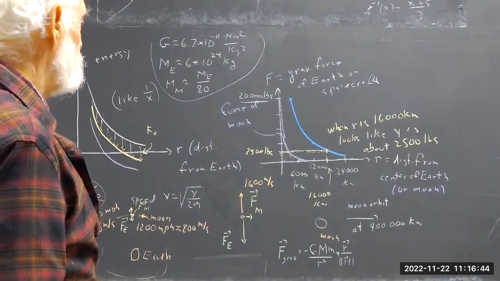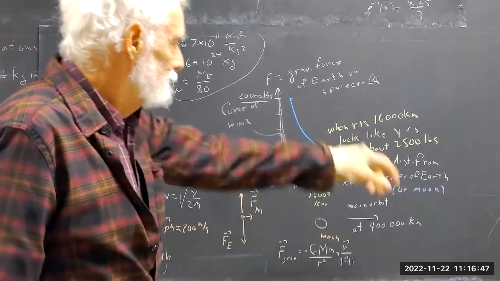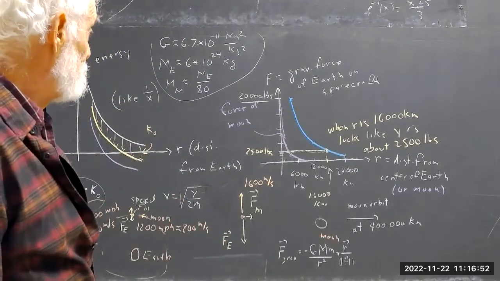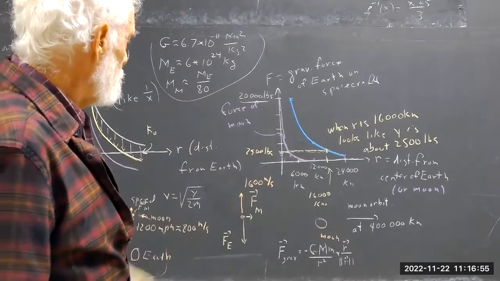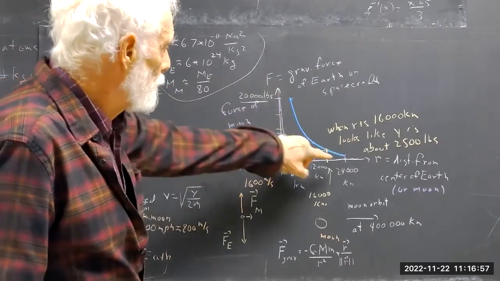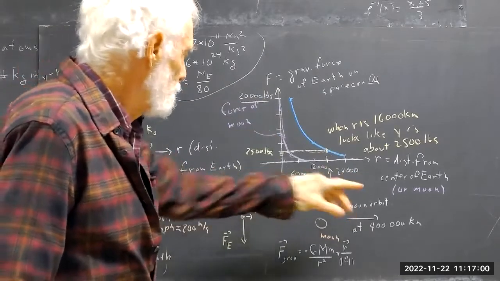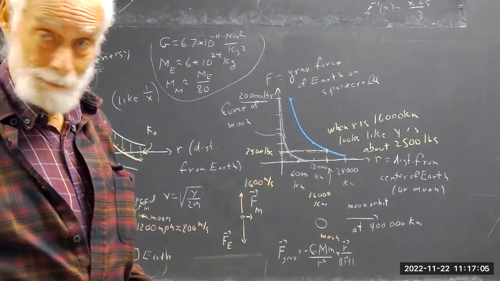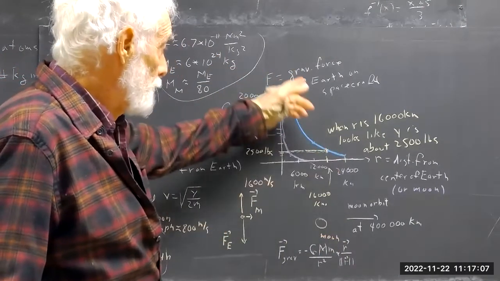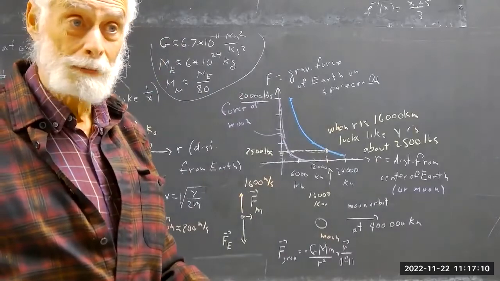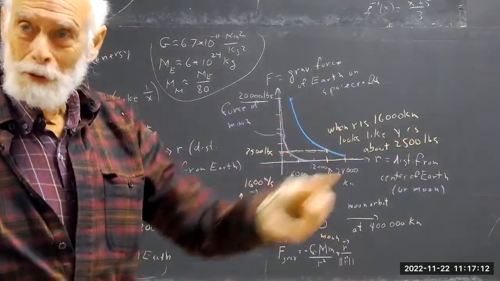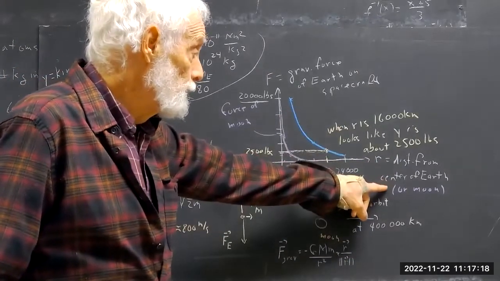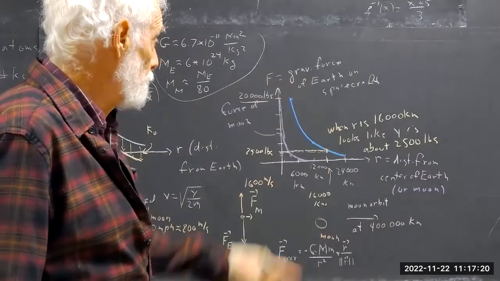Okay, so this just says what I just said. Okay, that's the inverse square graph for positive x; for negative x, it's not relevant to this discussion. So this model of the gravitational force between the Earth and the spacecraft only works if you're going away from the Earth, positive values of r. R is your distance from the center of the Earth. F is the gravitational force. Right there's your